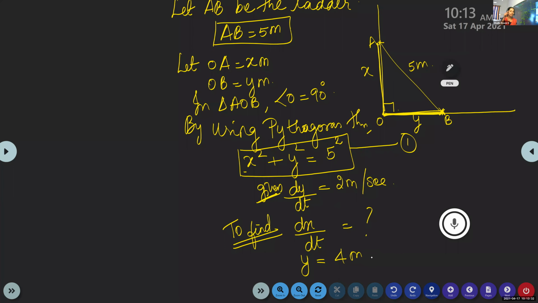Here the wording is given. It is decreasing, isn't it? X is decreasing. That means when we calculate dx by dt, we should get dx by dt as negative. Is it clear? If our calculation is correct, dx by dt will be negative. So we want to find dx by dt when y is 4 meters. Write up to this, draw this one. Complete up to this, afterwards we can solve. So this is what is given from the question. What is asked, what we have to find.